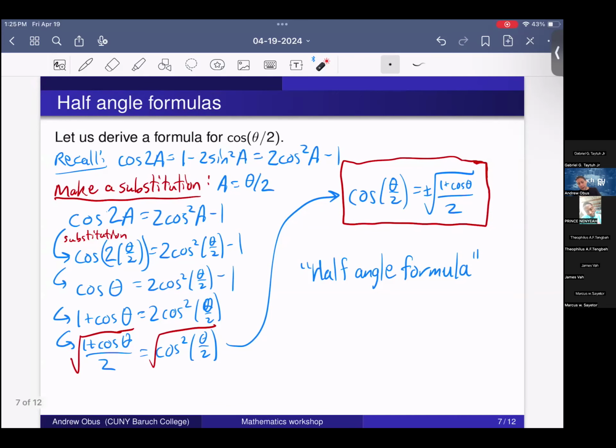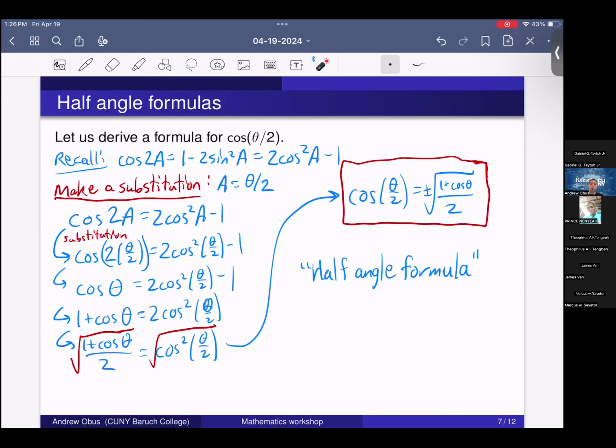Something to keep in mind is that this 1 plus cosine theta is always positive or 0, so we're never taking the square root of a negative number. This formula is fine. It's going to be a nice real number that you get from taking this square root, because this numerator, 1 plus cos theta, is always going to be at least 0. But after you take the square root, you might need to put on a plus or a minus, depending on